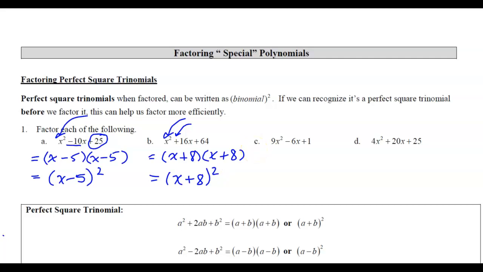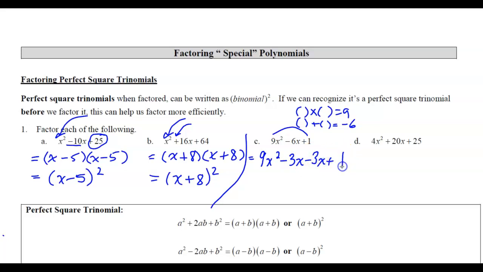Those are non-simple. I'm going to do C, decomposition, and I'm going to do D as inspection method, just to remind you. No matter which of those two, I still need to find two numbers that multiply to 9 in C and add to negative 6. So factors of 9 that add to negative 6, obviously 9 and 1 don't work, but 3 and 3, where they're both negative, works. So for decomposition, you copy out the first term, you decompose the second term, copy out the last,